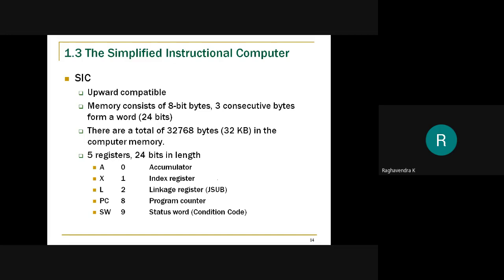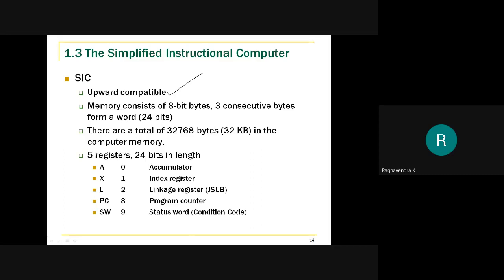Now let us start by looking into the features of the SIC standard model. As mentioned, the SIC standard model is upward compatible, which means you will be able to run a program written in SIC on SIC/XE also.